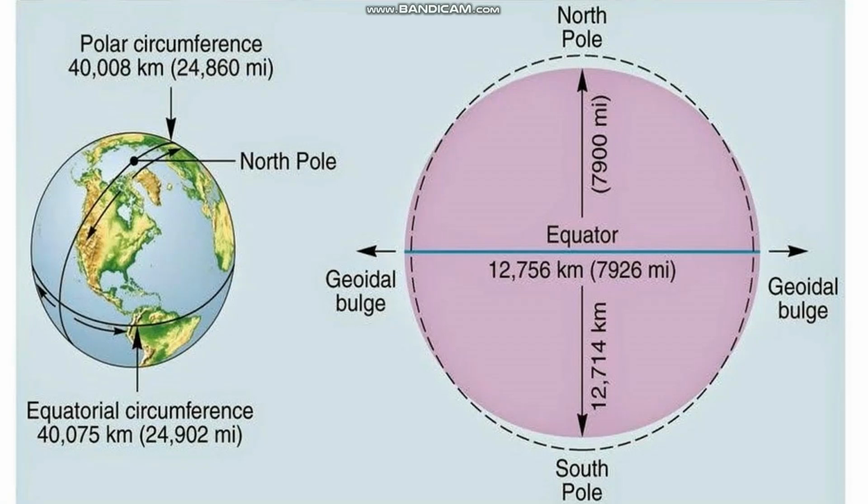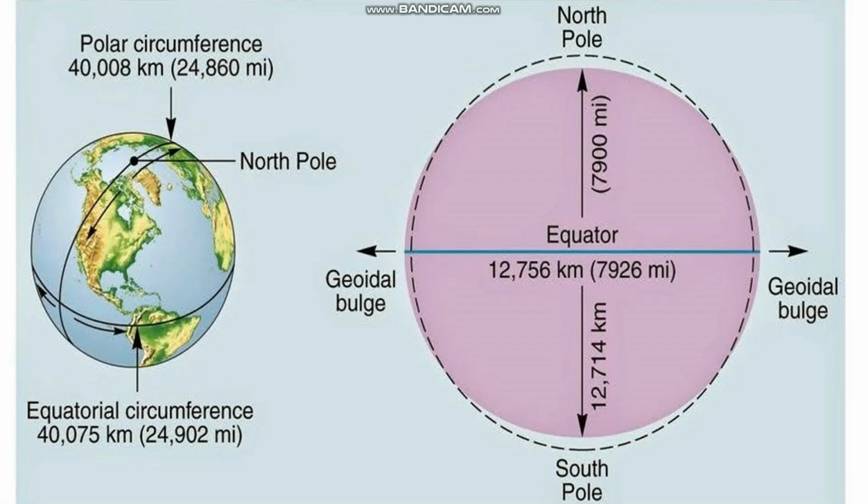And in the next, you can see the circumference, not only the diameter, even the circumference of the Earth. The polar circumference is 40,008 kilometers, whereas the equatorial circumference is 40,075 kilometers. The difference of 42 kilometers in diameter is the proof for the geoid shape of the Earth. So now do you understand why we are calling it a geoid and it is not an exact sphere, and it is an oblate spheroid?